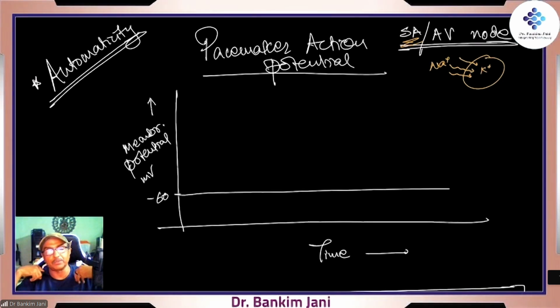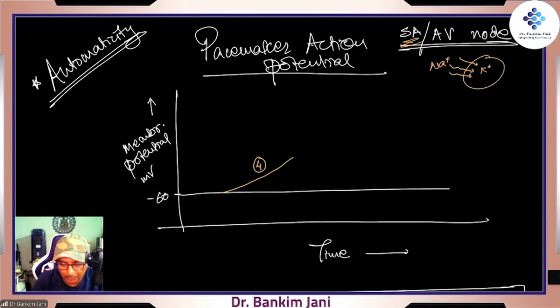Sodium is coming inside. This whole room is our cell. So sodium is coming from this door, from this window, from that window. That sodium comes, so the potential is rising. This thing is called